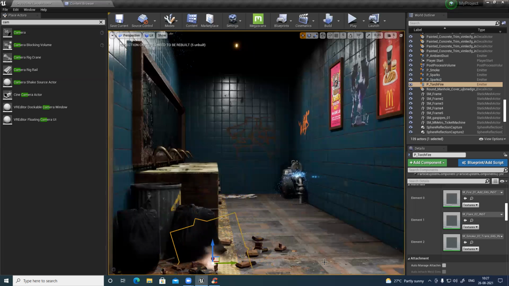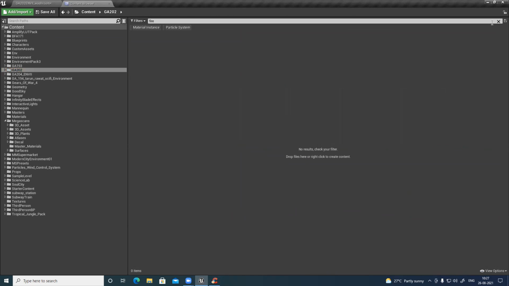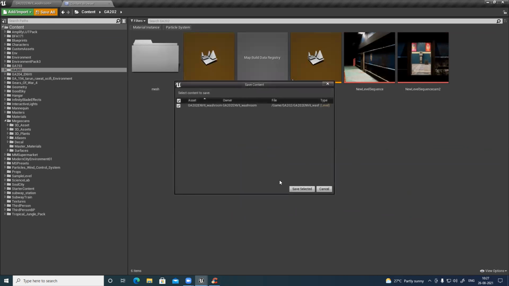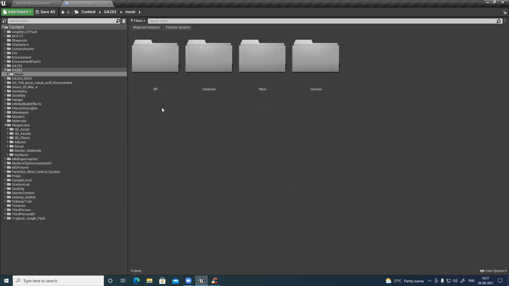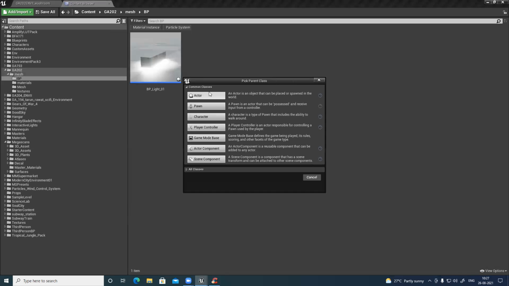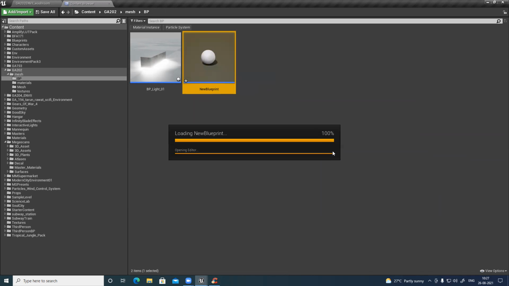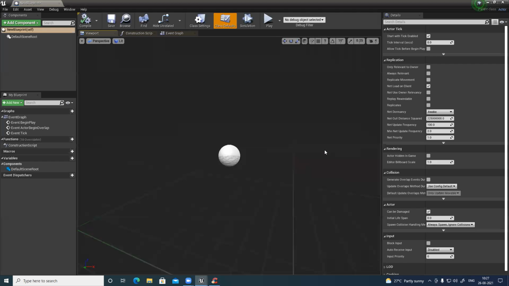Yes, sir. So for that you have to create a blueprint. In that case, what you have to do is, let's go to articles. Suppose you want to do this. Let me save everything first. So I want to create some scene. In blueprint, I'll right click, create a blueprint class actor, empty, and name it properly, whatever you name. Then open it. Now I created one section, and I want to use that arrangement everywhere, right? That's what you were planning, and then rotate and move and change the scale and everything and place it there. That's what you're asking, right?